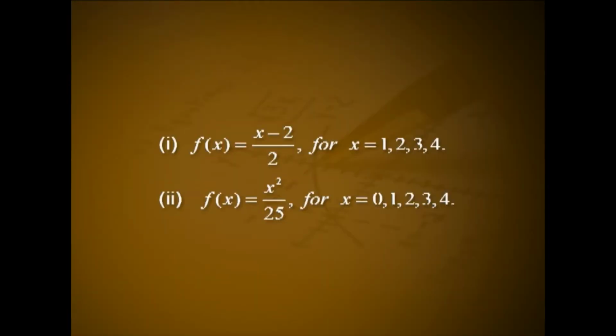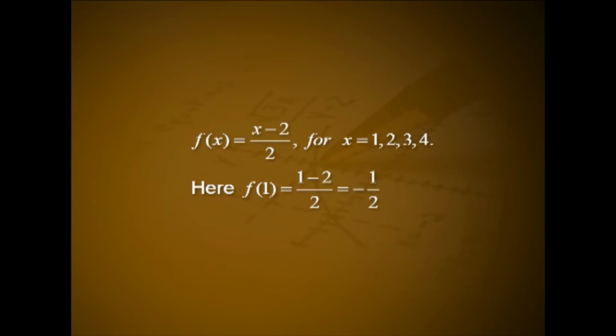2. Check whether the following is a probability mass function. Number 1, f of x equal to (x minus 2) by 2 for x equal to 1, 2, 3, 4. Number 2, f of x is equal to x square by 25 for x equal to 0, 1, 2, 3, 4. Solution. Number 1. Given f of x is equal to (x minus 2) by 2 for x equal to